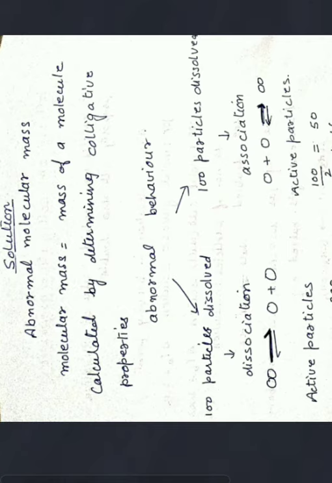As we all know, when we have to calculate molecular mass using the formula for colligative properties, we just expect that mass of one molecule will be calculated using the formula. So if you are using sodium chloride, for example, the mass should come almost equal to mass of sodium plus mass of chlorine, that comes 58.5. But when we apply colligative properties formula, generally mass of sodium chloride appears to be just half of that, or